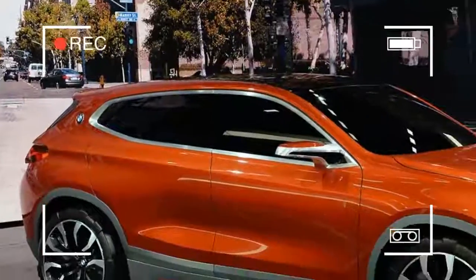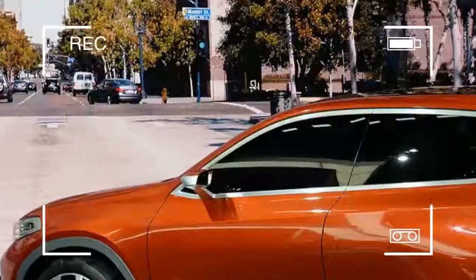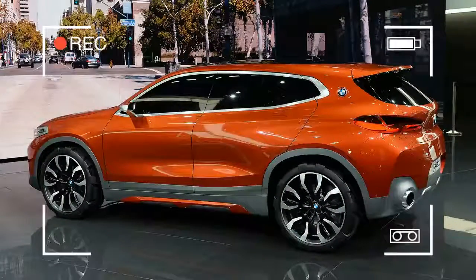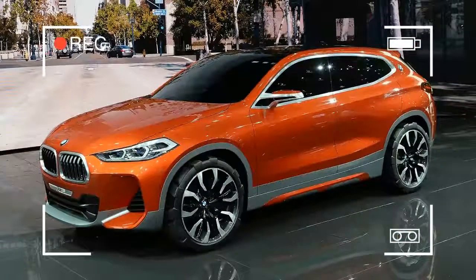BMW has a consistent recipe to make a coupe out of one of its crossovers. You take the blocky version, an X5 or X3, say, and lop the back off. This leaves you with two models that look basically the same ahead of the rear doors. One version has more interior room and the other costs more and appeals to style-centric people who apparently have less stuff to haul around. If the Concept X2 is any indication, and we definitely think it is, that formula is